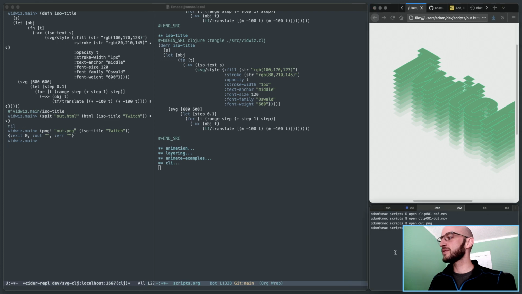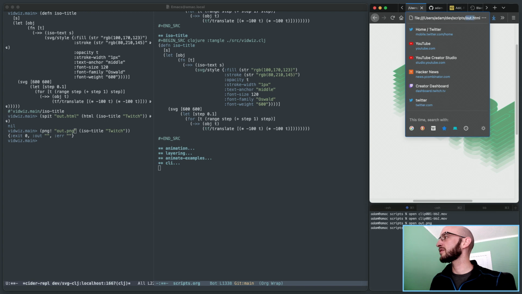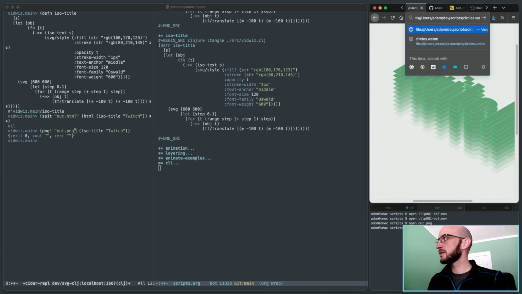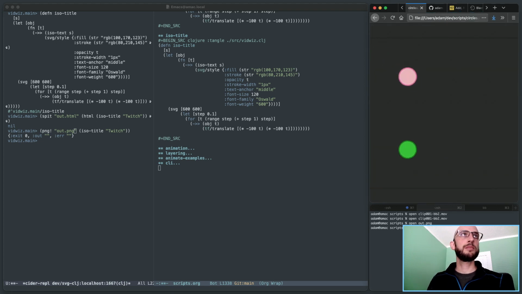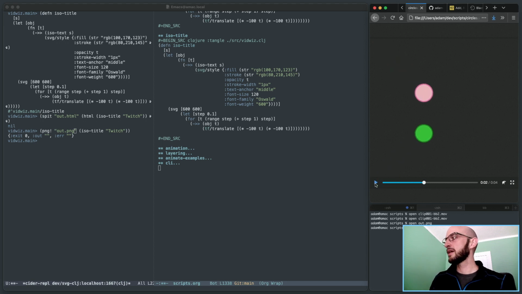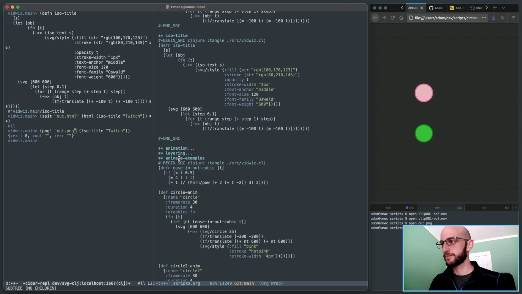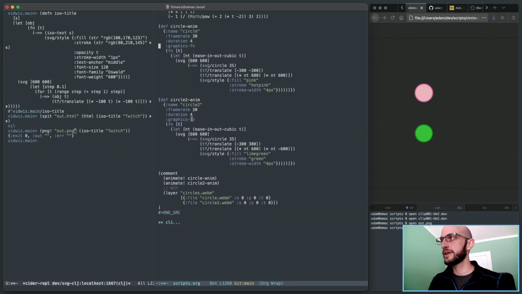Because what I actually want to do, if I... so this here was another animation I made. Oops, WebM. This animation uses easing, and it's two WebMs overlaid onto each other with transparency, and these are generated from my SVG library. So here, circle animation has this function that's dependent on t, and t goes